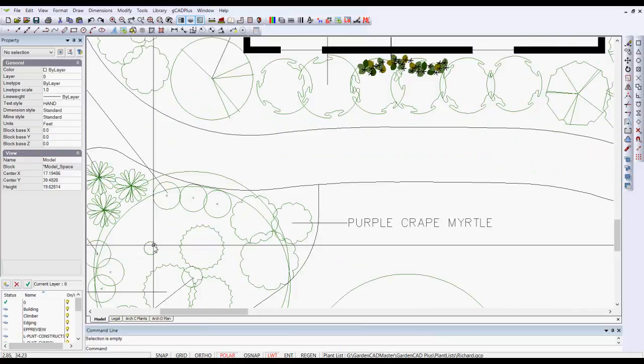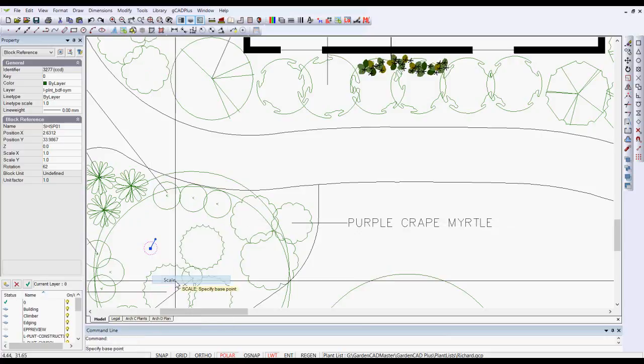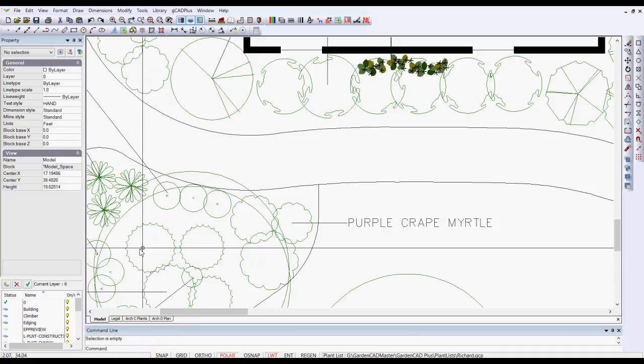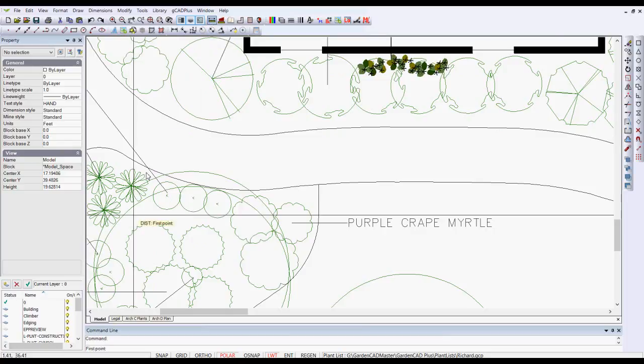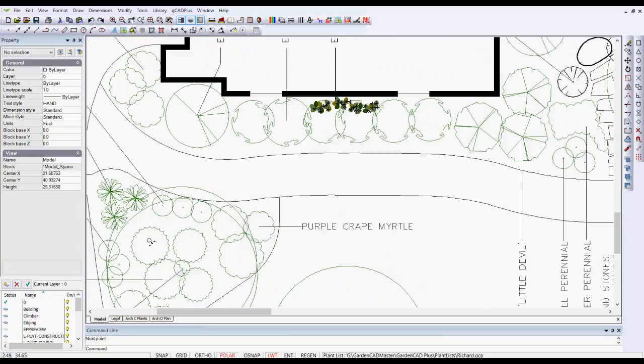So it's highly likely that this block library was drawn at a scale of 1 foot diameter, not a scale, but the diameter of the symbol was 1 foot. Our gCADPlus symbols are the generic set, which come in at 3 feet wide, so you can use a figure and scale. So I could say scale, mark in the middle, and I could scale by 3.75 if I wanted to, and that should give us a symbol 3.75 across, given that this was a 1 unit symbol, so